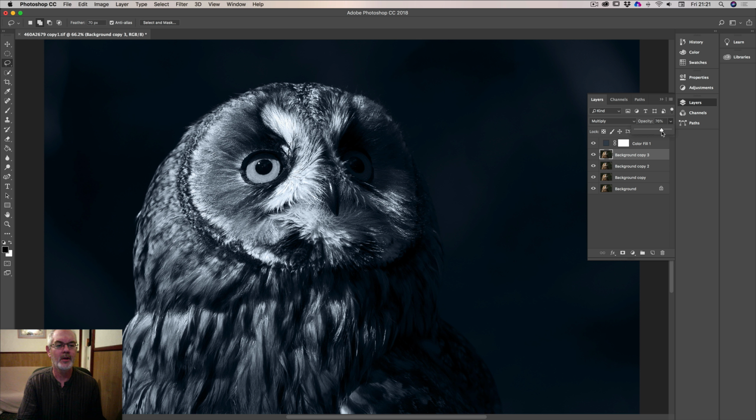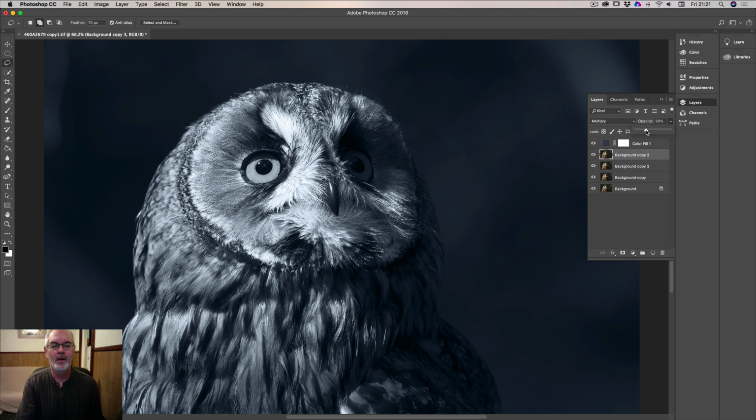And you can see if I go to the opacity on the layer, if I want the picture to be darker, I can change the layer to multiply and bring this in to get the depth that I want. So is that too much? I'm going to go a little bit darker. Okay, now